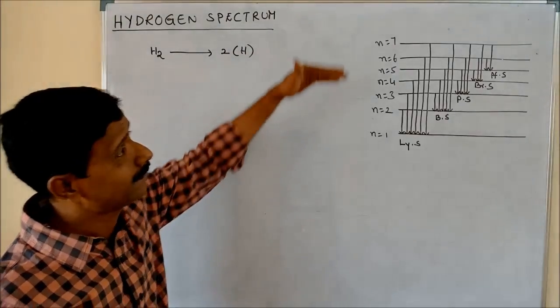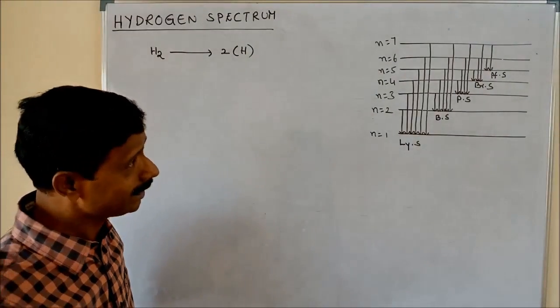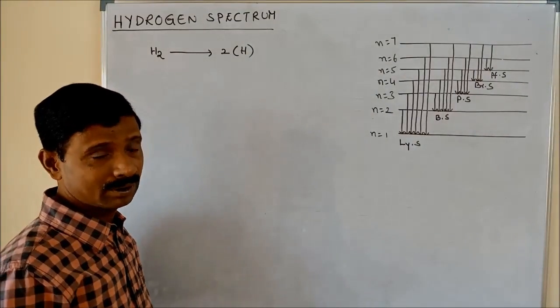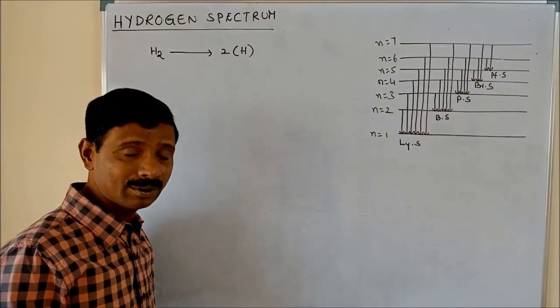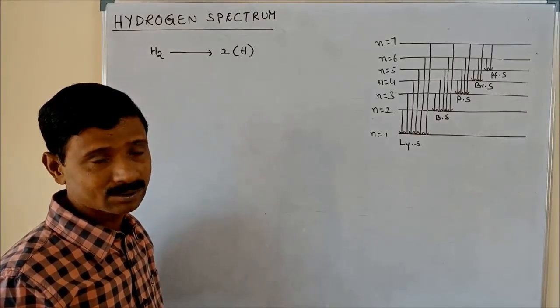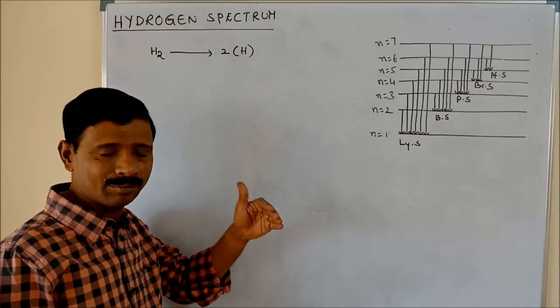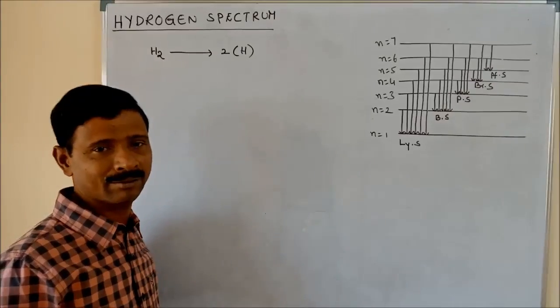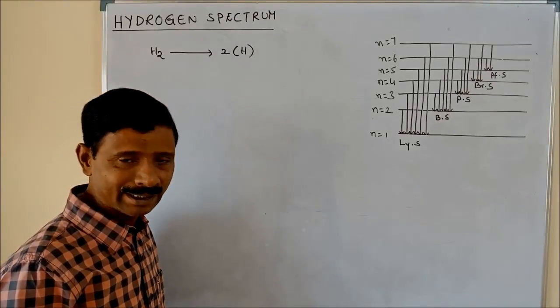After that, they undergo de-excitation. And here one thing you have to remember: de-excitation may take place either in a single step or in several steps. So whenever the electron de-excites from a higher level to a lower level, it emits a certain amount of radiation,